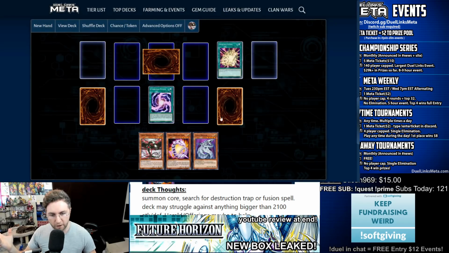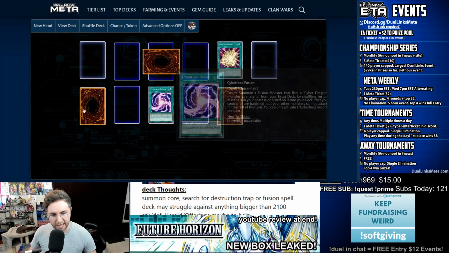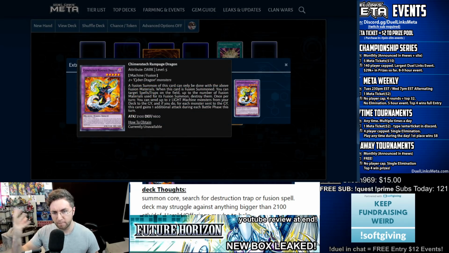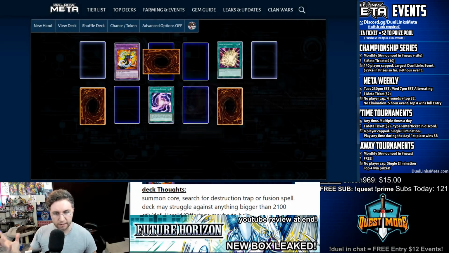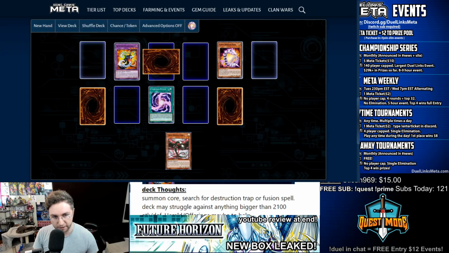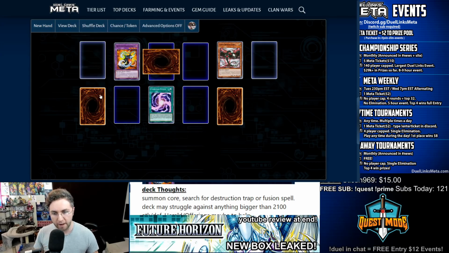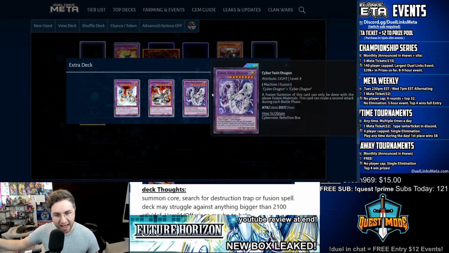1, 2, 3, 4, it don't matter. Just like that. Then summon another Cyber Chimeratech Rampage Dragon for more destroying, and then we could also perform extra attacks by returning monsters from the deck into the graveyard. Return 2 to the grave. Now you could attack up to 3 times, or by returning those 4 monsters, we could have summoned anything else